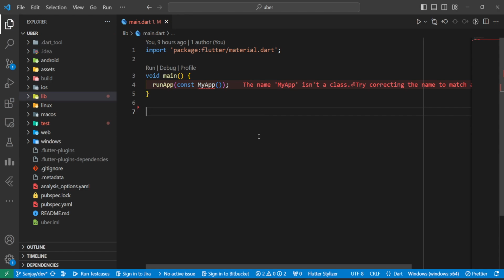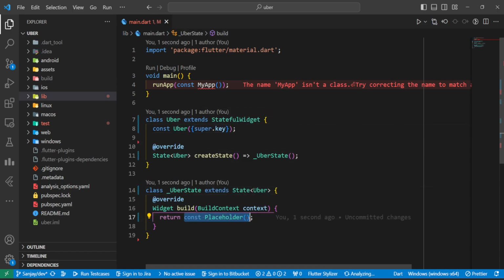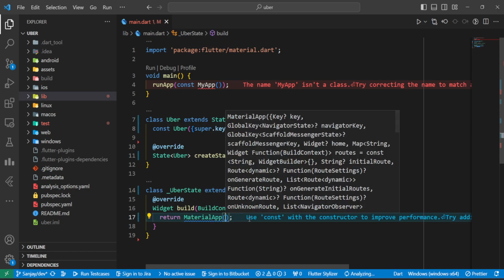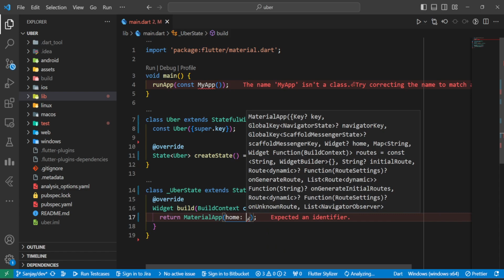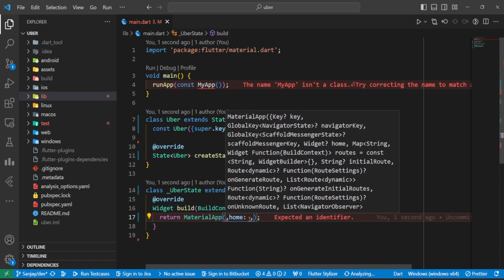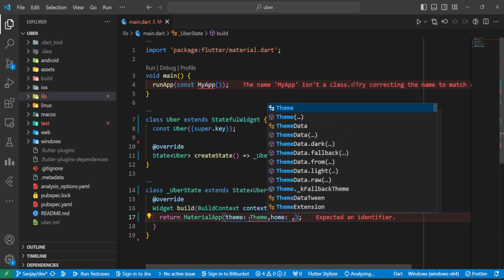So here, as you can see, our project is entirely blank. So we'll go with the stateful widget here and name it Uber. And here we will return MaterialApp. Home is gonna be, so let's add the home a little later. Here we will be going with theme data,